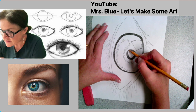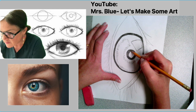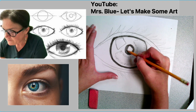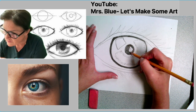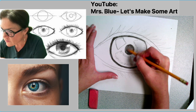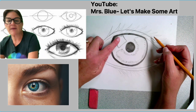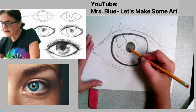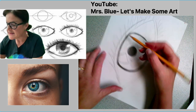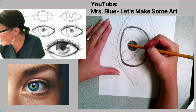And I'm going to shade in this whole iris, trying to be nice and neat. Okay, there we go. Nice and shiny and dark. This is the darkest part of our eye, keeping this spot of light very white. Okay, that looks great. Now we're going to go from dark to medium to light when you get close to